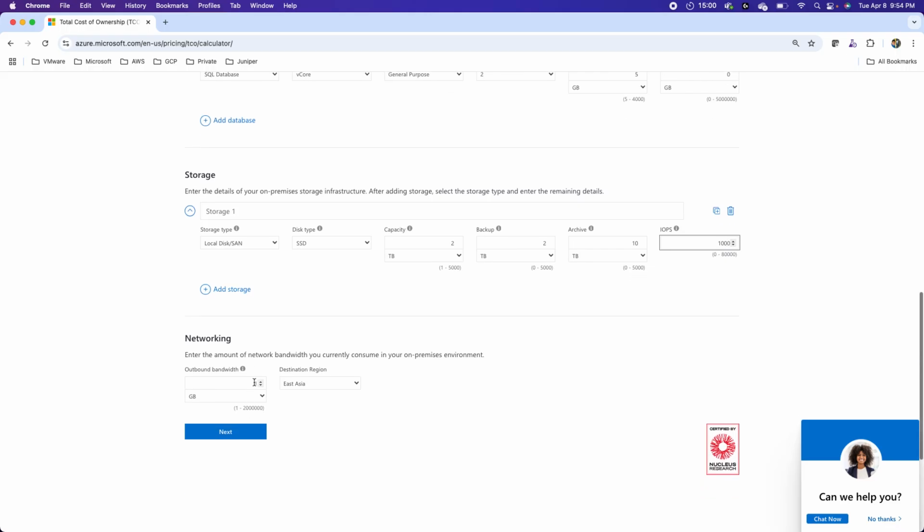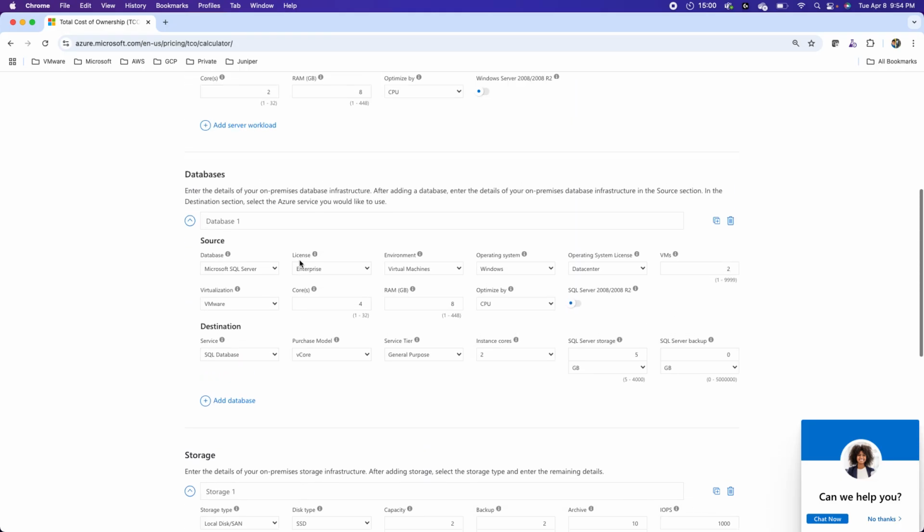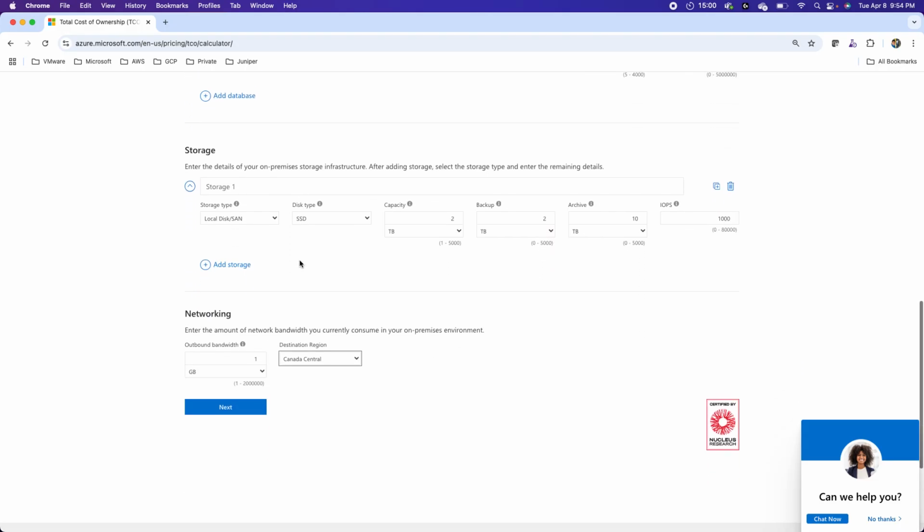And this is the networking. So this is, let's say, 1 GB of bandwidth, and the destination region where I'm planning this, so I can decide it from here. For instance, this is Southeast Asia, or maybe I'm taking Canada Central. And then the next phase after defining your workload is to